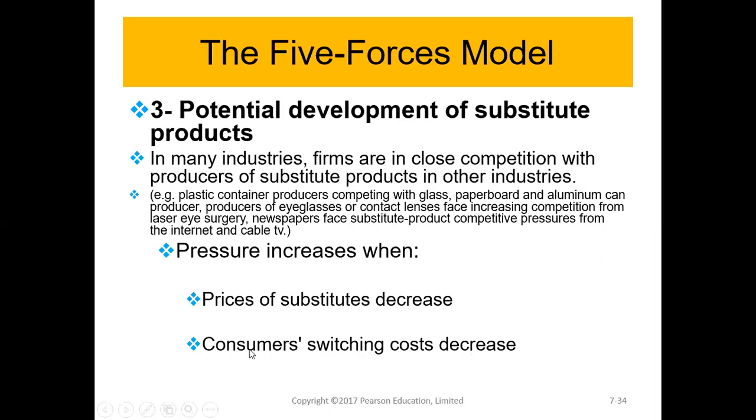It means the prices of substitutes decrease. For example, if I'm buying a glass container and then I find a plastic container with a lower price and still good quality, I might shift to the plastic container, right? Or vice versa. And then also